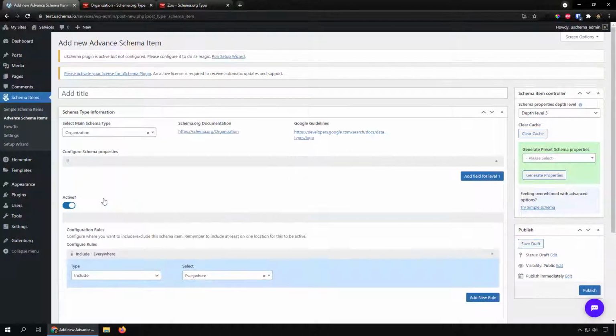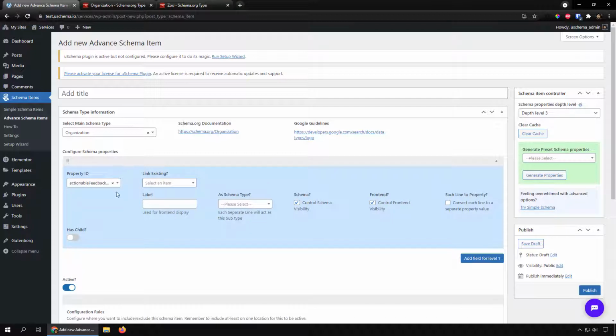So if we select this organization and then we click on this drop down, these property ID values are populated according to this selection. So right now all these properties are related to organization. So if we try to find opening hours, it is not available for this organization schema. Okay, but now if we try to make it a zoo and then try to find opening hours, it will not show up.